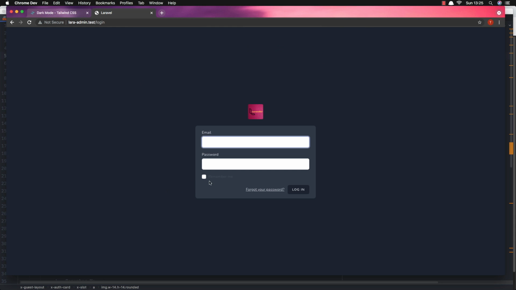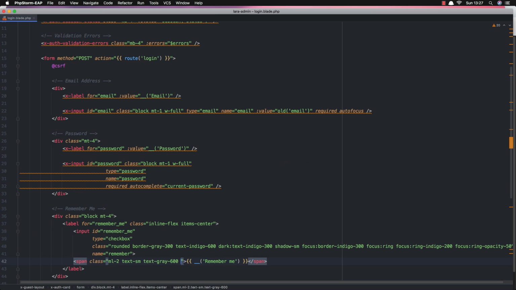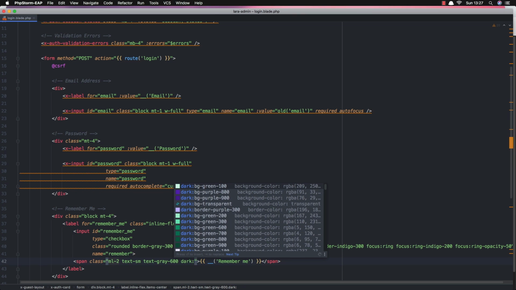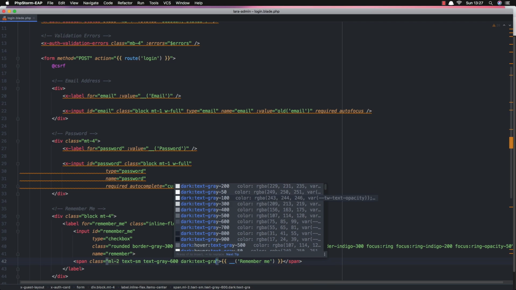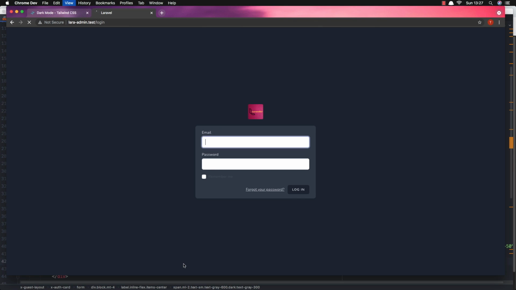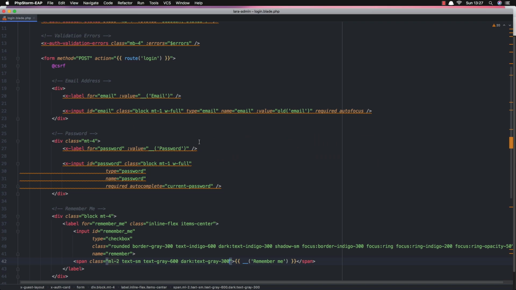Refresh. Okay, and we have this remember me, but it's not seen. So where is the remember me? It is here. So if I add dark text-gray-300 here, and now yeah, we have this remember me. And when we go to the forgot password, we have this message, but it's not seen. So if I go to the